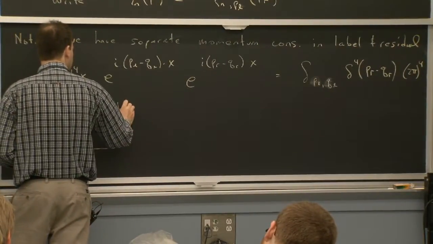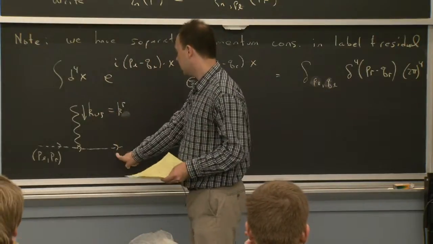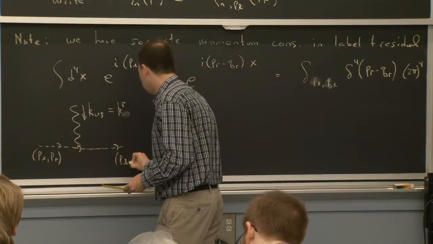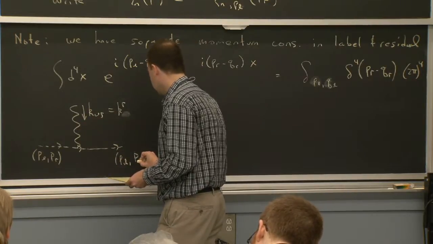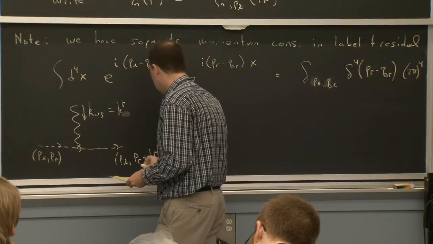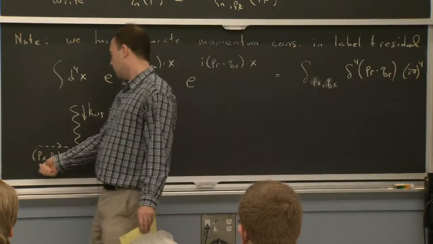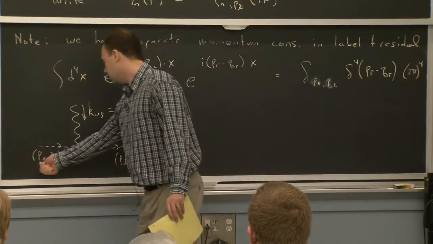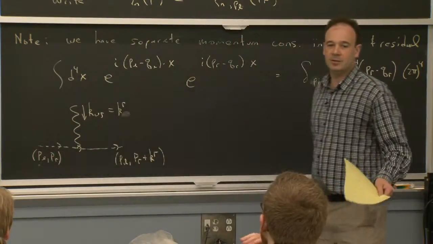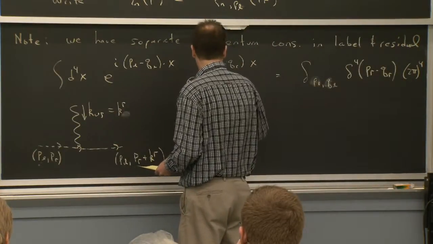So let's just call that K residual. There's no label to that ultrasoft guy. So if I just look at what this guy's momentum is, it's P label for the large piece, because that is not affected by the ultrasoft guy, and then it's P residual plus K residual. Okay, so we have a conservation in the residual space, which is the standard one, and we have a conservation in the label space, but the ultrasoft particles just don't contribute to that. So we have 2 conservation laws.